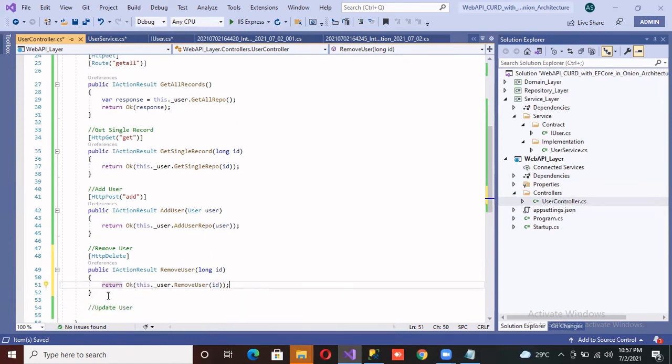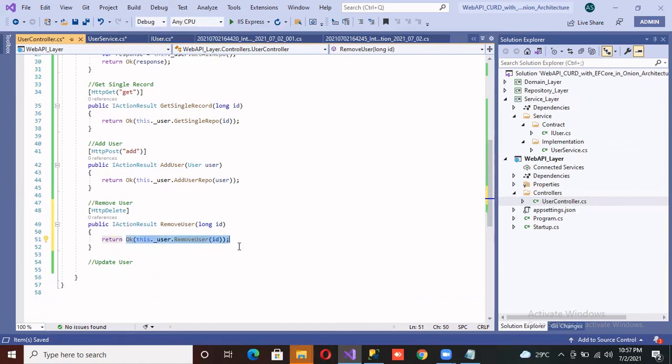Okay. Now this is the method to remove. How will it work? It will send the request of user ID to the remove user interface, and the remove user interface will call the business logic. Then business logic will check the database and remove the data and save and reflect the response to the user.